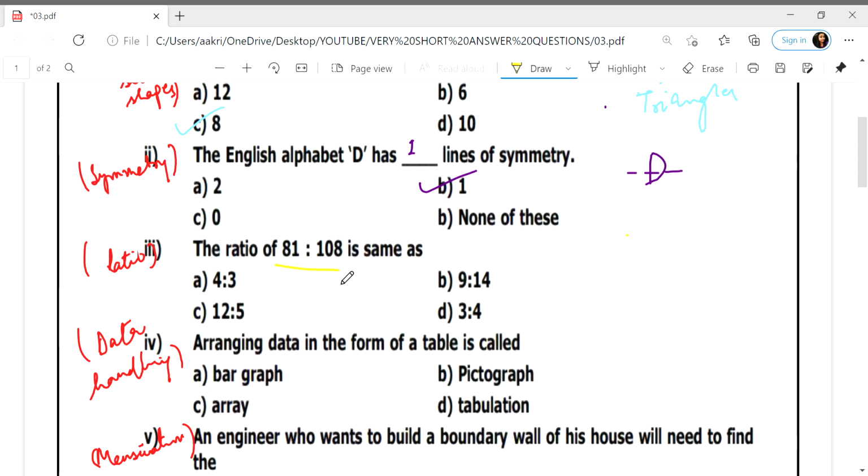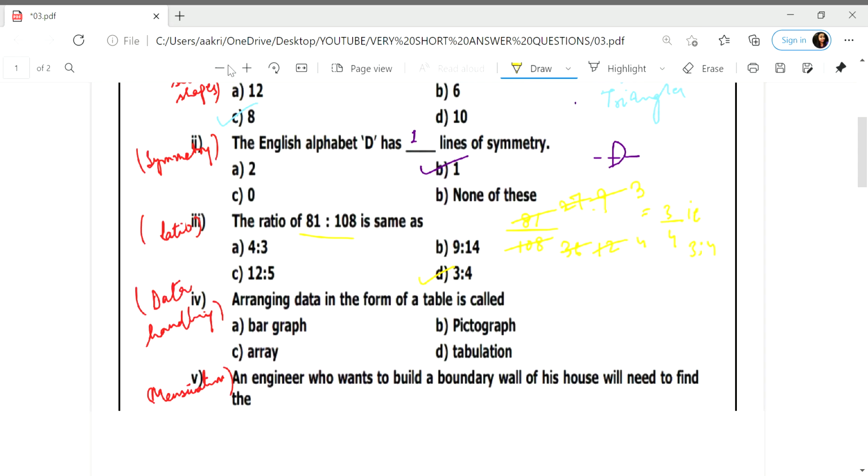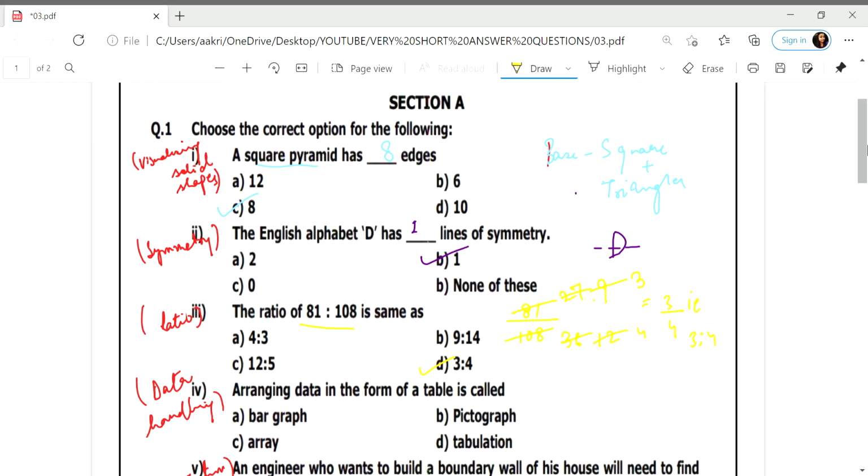So ratio says we have to find the ratio is same as. Now let me write 81 is to 108 can be written as 81 upon 108. That is 3 2s are 6, 3 7s are 21, 3 3s are 9, 3 6s are 18. Again I can reduce by 3, 3 9s are 27, 3 12s are 36. Again I can go ahead further, 3 3s are 9, 3 4s are 12. So I've got 3 upon 4, that is 3 is to 4. The correct option is 3 is to 4. Right? I hope you are all trying to understand the type I am trying to explain here.